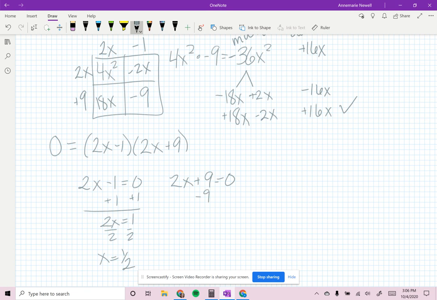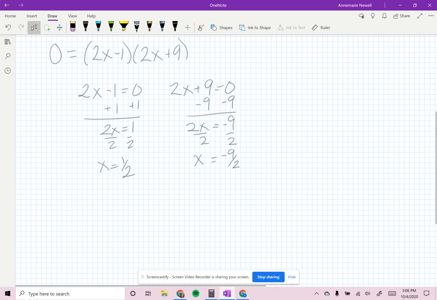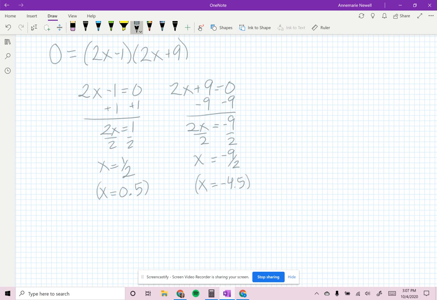On our second equation, I'm going to subtract 9 from both sides. 2x equals negative 9. Now I also divide by 2 to isolate my x, and I get that x is equal to negative 9/2. Now I know that's probably a weird number for you. So I'm also going to write these as decimals, though you all know fractions are much better. So x, negative 9 over 2, like half of 9, is negative 4.5. So we're just going to keep those in our minds, the decimals, but I'm actually going to prefer these fractions. Okay,